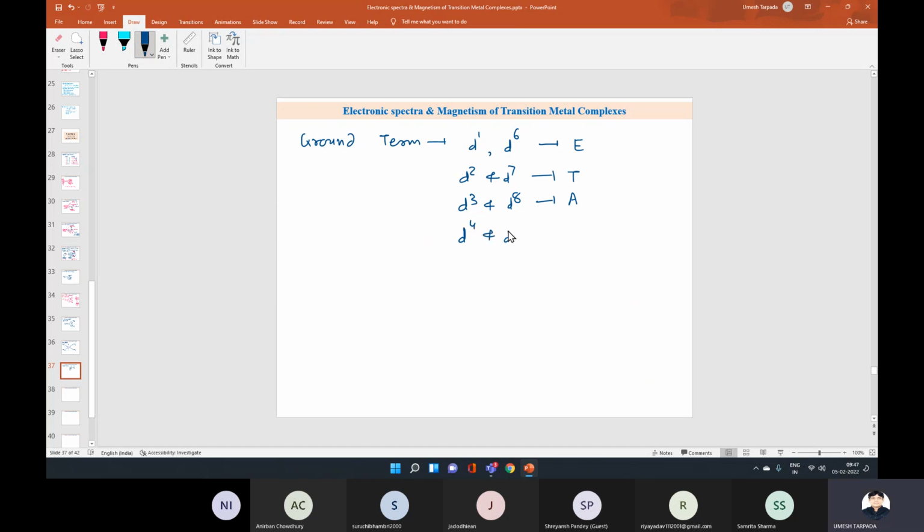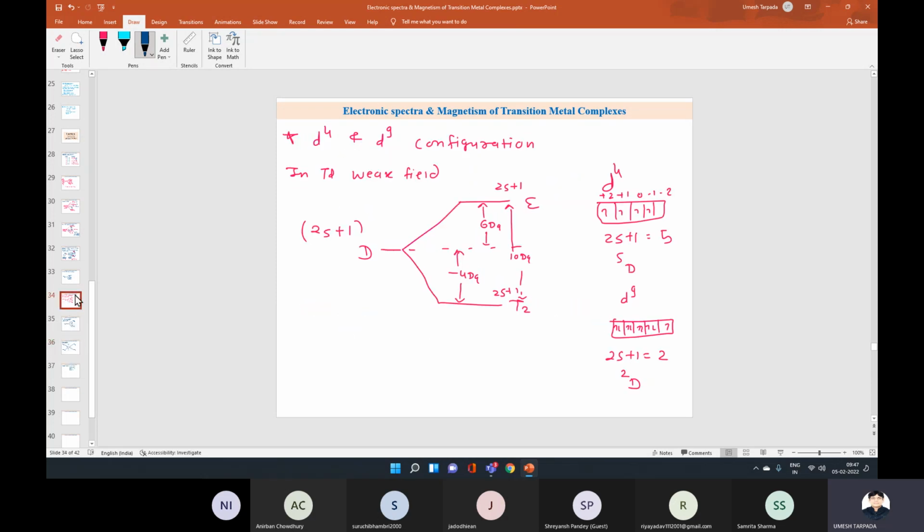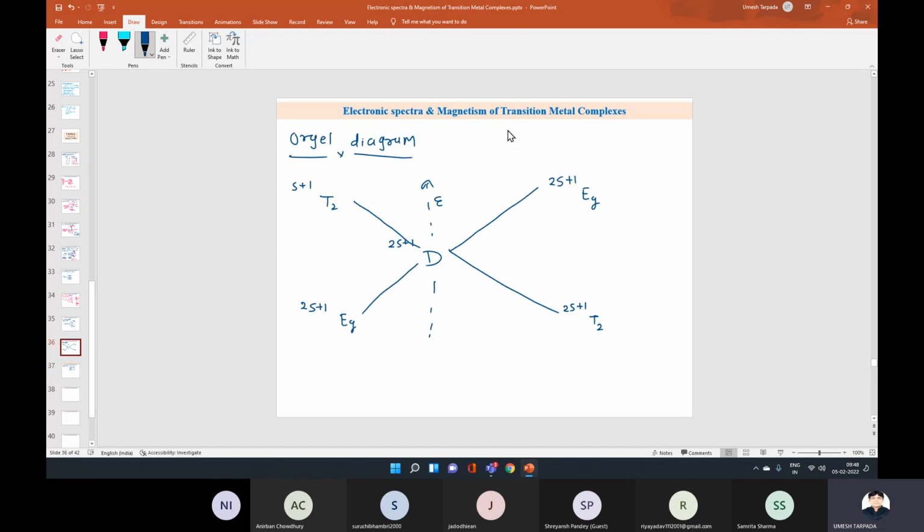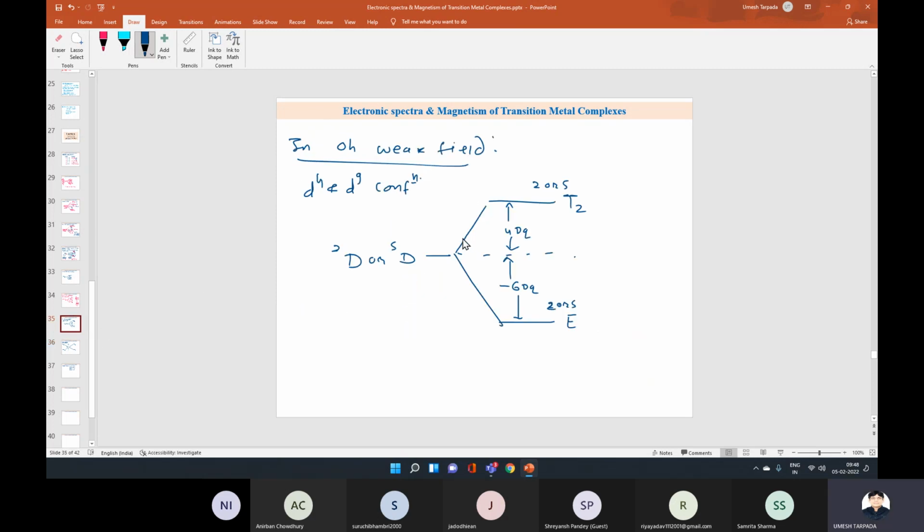D4 और D9, इसमें भी ग्राउंड टर्म जो है वो... मैं ऑक्टाहेड्रल की बात कर रहा हूँ। ये है ऑक्टाहेड्रल कॉम्प्लेक्स। तो D4 और D9 में ग्राउंड टर्म जो है, जैसे T2 है तो यहाँ मैं जनरल T टर्म लिखता हूँ। ओके, तो ये है ग्राउंड टर्म। तो उस हिसाब से स्प्लिटिंग करेंगे। यहाँ देखो D3 और D8 के केस में A टर्म वो नीचे आएगी, इसमें F ऑर्बिटल भी आएगी। तो पॉसिबल एक-एक करके हम देखेंगे तब पता चलेगा, बट इसमें तो सिर्फ दो ही अरेंजमेंट पॉसिबल हैं। इसमें सिर्फ एक ही टर्म पॉसिबल है, वो है D टर्म, इसलिए सिर्फ D टर्म का स्प्लिटिंग बताया है। अदरवाइज आपके पास A टर्म भी, F टर्म भी आ सकती है, और P टर्म भी पॉसिबल हो सकता है, डिफरेंट L वैल्यू कैलकुलेट करोगे तो।